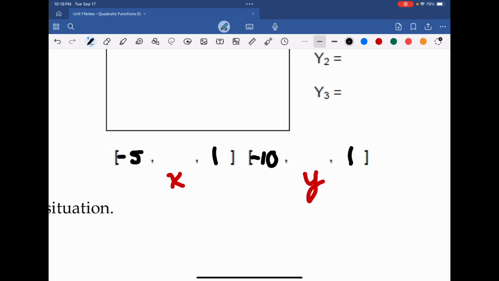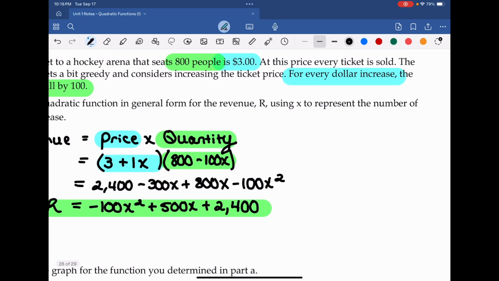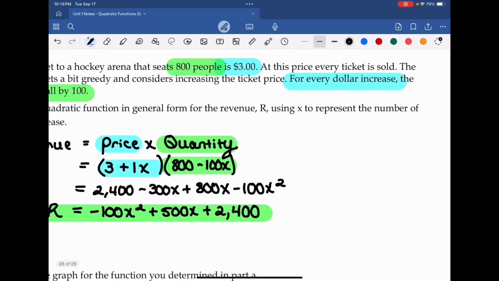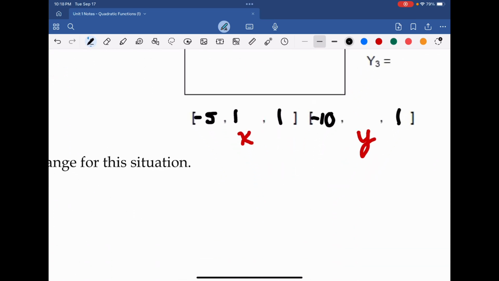Now for price increases, think about this logically. They told us in the problem that for every dollar we increase it by, we lose 100 people, meaning they can't actually alter the price that much. What I'm going to do is in the x maximum, I want you to write this as 10. There's no way that they do more than 10 price increases, or else they won't sell any tickets, which would mean they lose all their revenue. In fact, they go negative if they increase the price a certain amount,